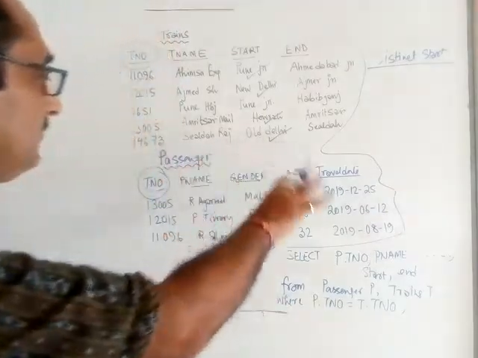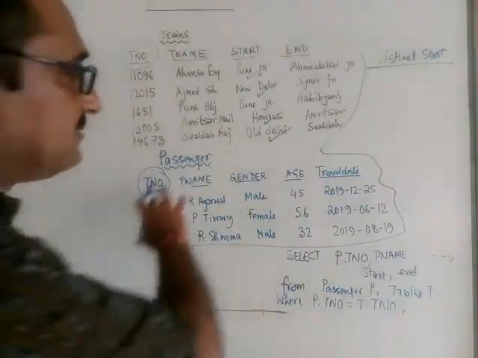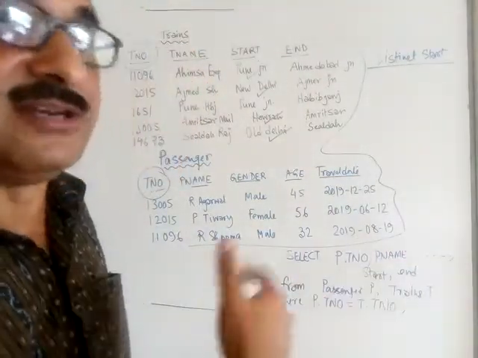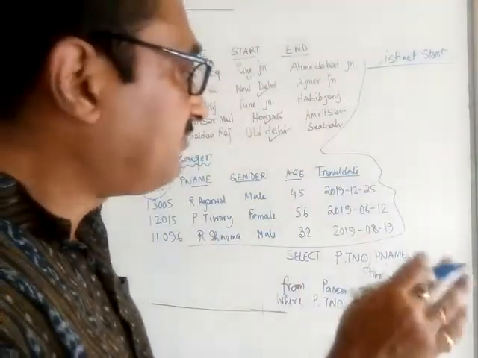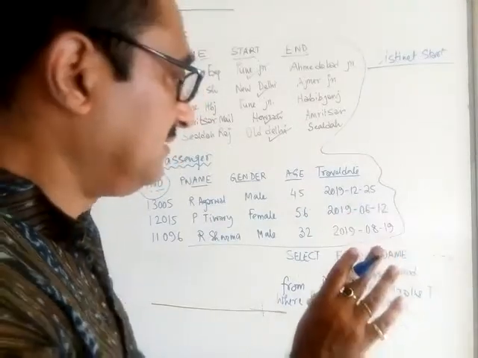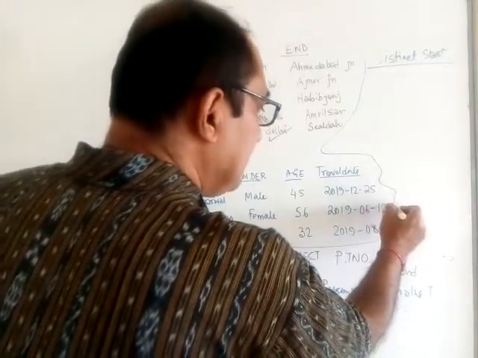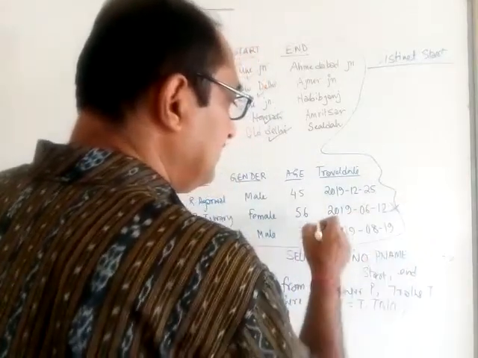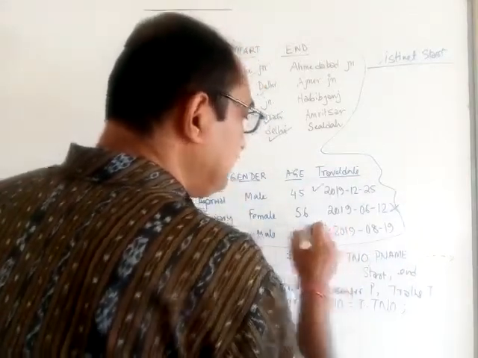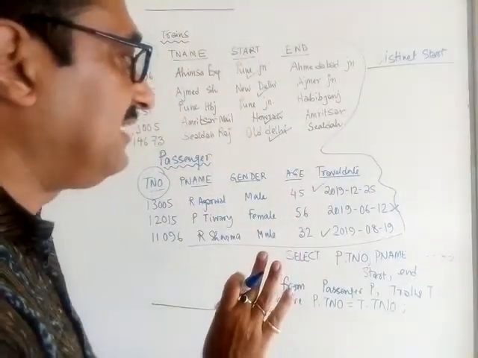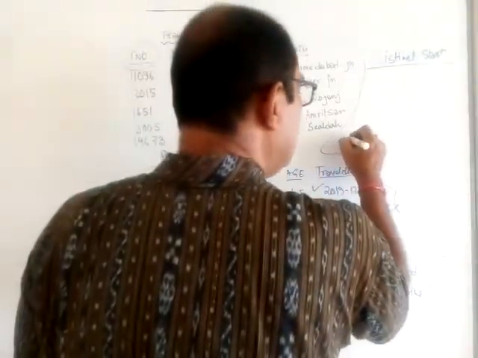Imagine I told you I want to display all the passengers who have travelled after June 30th of 2019. So look at this. This person did not make his journey after June 30th. These two have travelled after June 30th. So there obviously you have to write the travel date. So when you write the where condition,